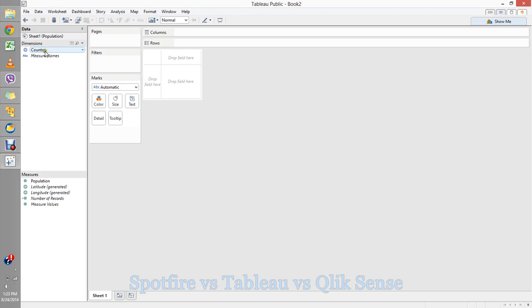For example, you can't have a team over here, because Tableau has to relate those geocodes with its own library, and one of them happens to be country. So what we're gonna do is we have the country right here. First of all, we got latitudes and longitudes, as you can see here, automatically generated for you, because Tableau recognized that this is a country and it's going to have those latitude longitudes. So we're just going to double click this,